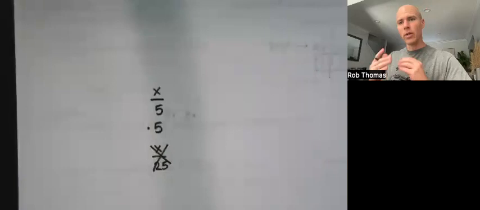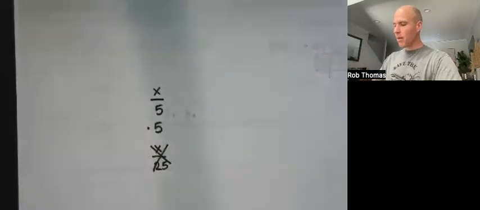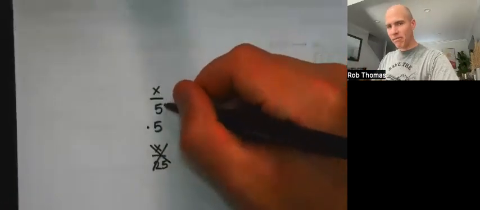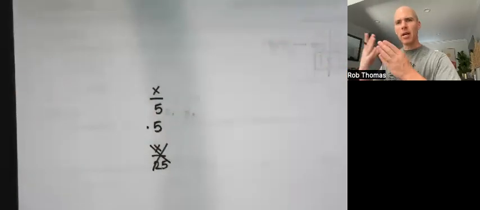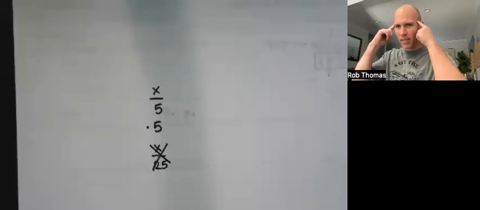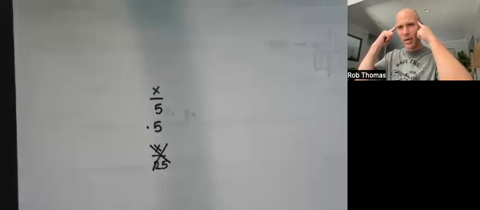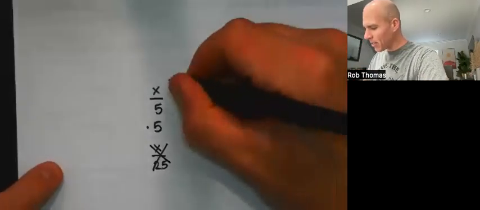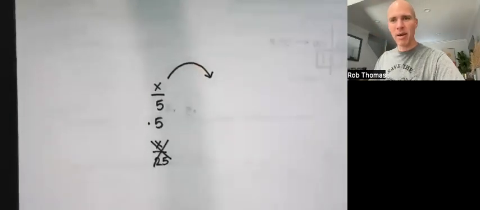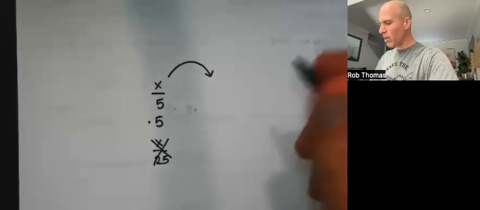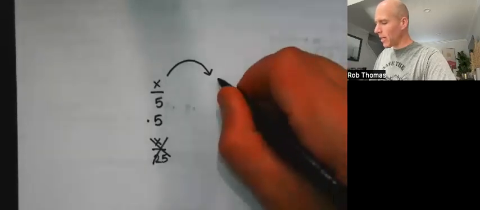You got to think of it this way. Yeah, the 5 and the 5 are close to each other, but what are you really doing? You're taking some number divided by 5, and you're timesing that by 5. Think of a number that's easy to divide by 5 and do that whole process in your head and see what happens. What if x was a number that's pretty easy to divide by 5, I would say 10. So what if x was 10? Then you're doing 10